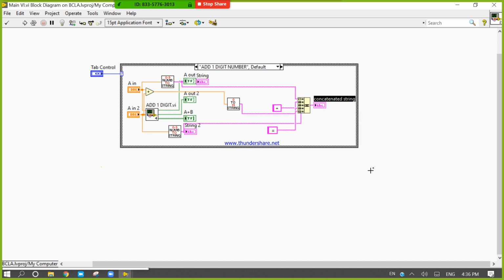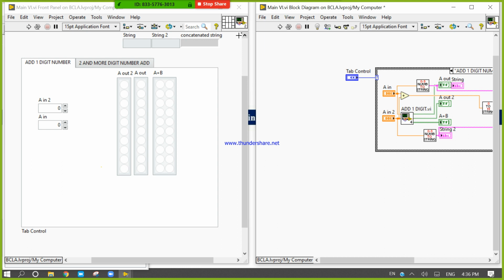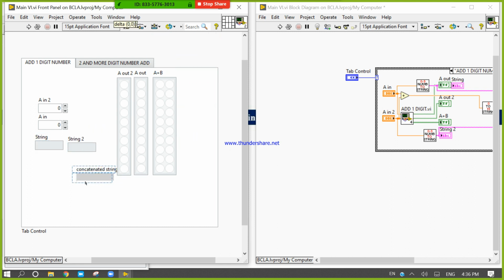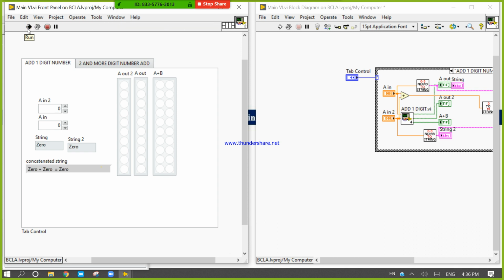Indicator. Look here, sir. Please. Okay, string, string, and string. If you think basic child learning is useless and ask what the benefits are, then that is your wrong concept. It takes too much brain and too much time. Now 0 plus 0 equals 0.